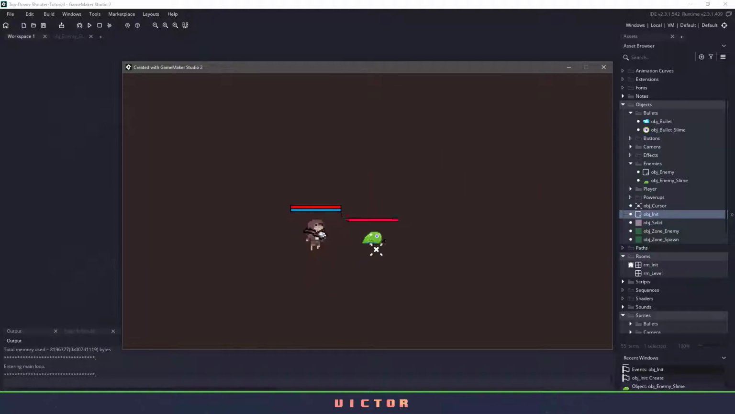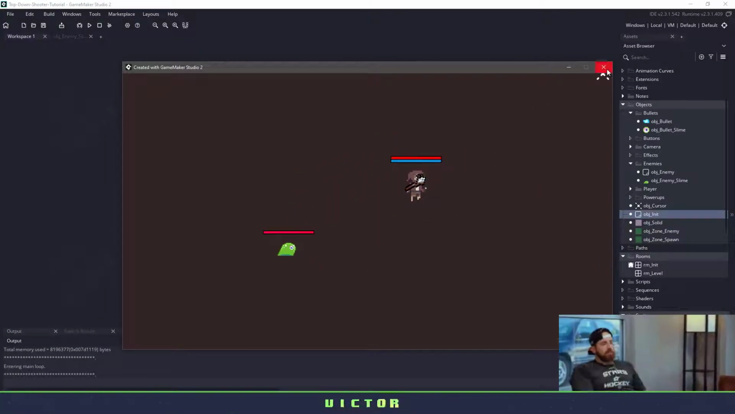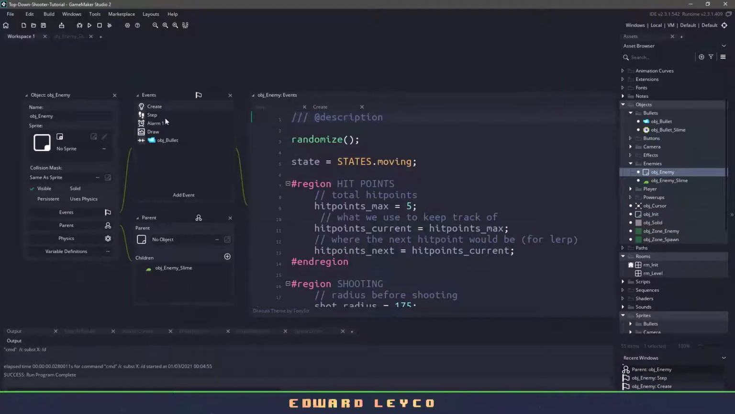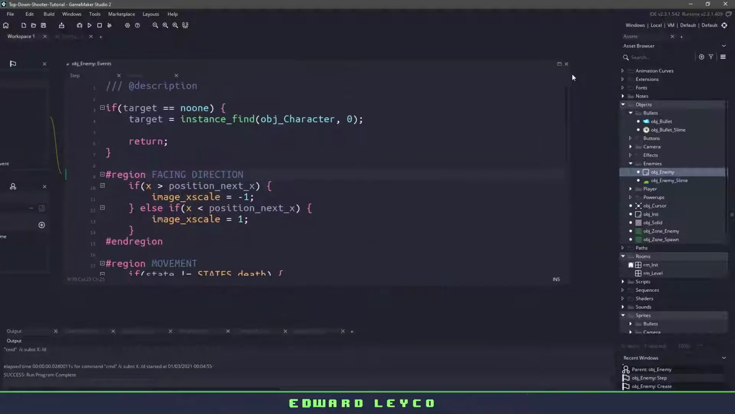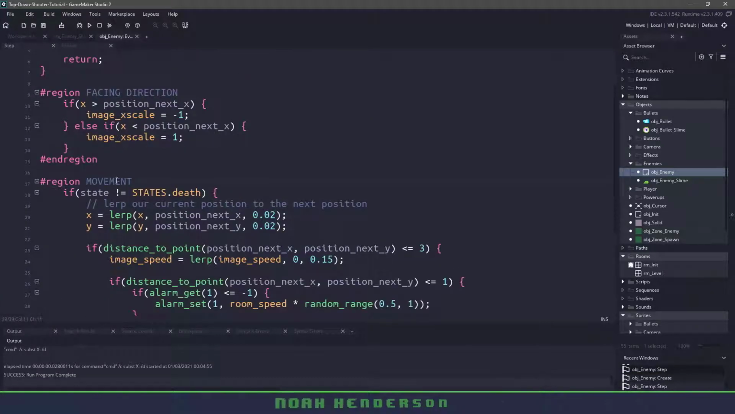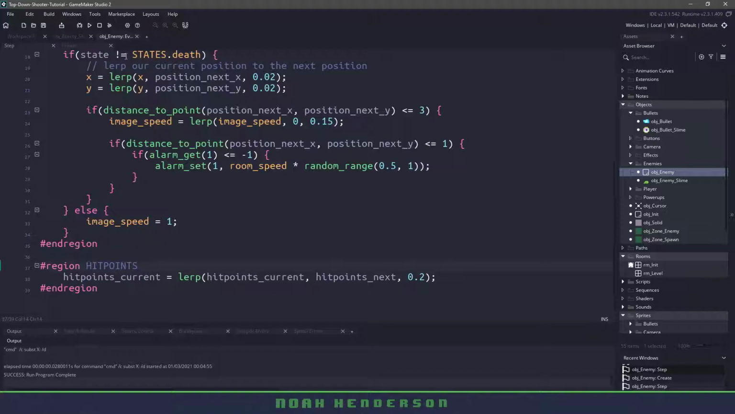And they are still not shooting. So just give me a second here. All right, so they're not actually shooting because we didn't tell them to shoot. So it is my fault. Coding's hard, I know. All right, so we have the movement, we have the hit points, and sorry,